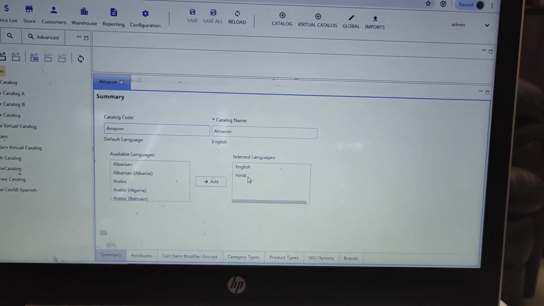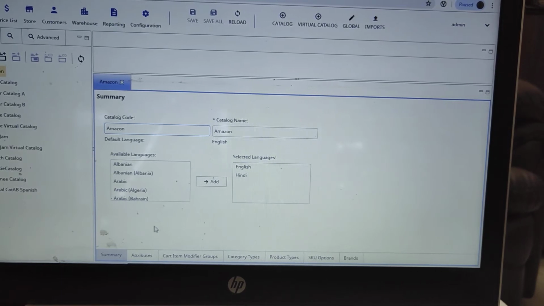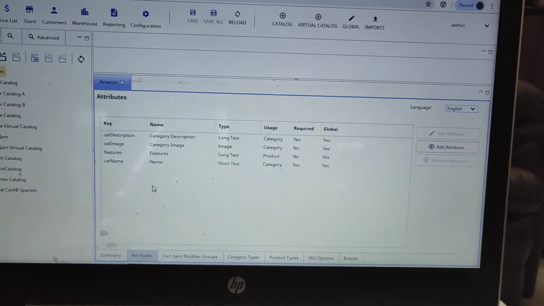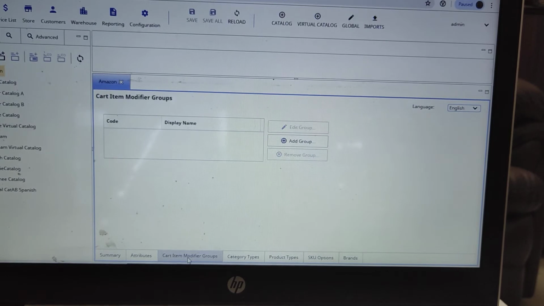Amazon, we already selected these languages while we were creating the Amazon catalog. The attribute tab: if you are happy with these attributes, it's okay. If not, you can create a new one. Move on to the next one, cart item,